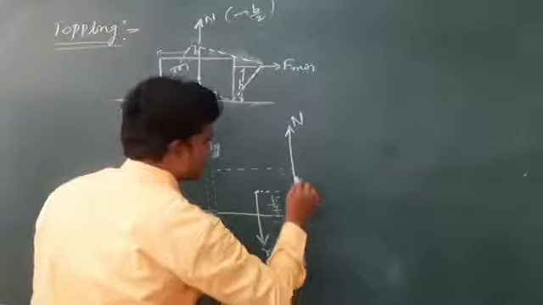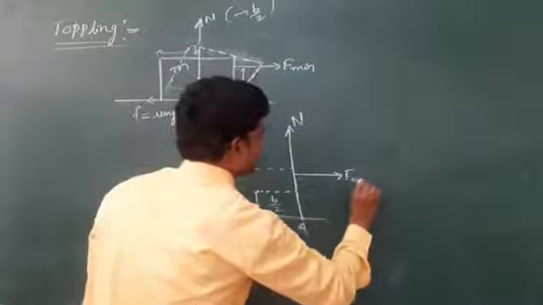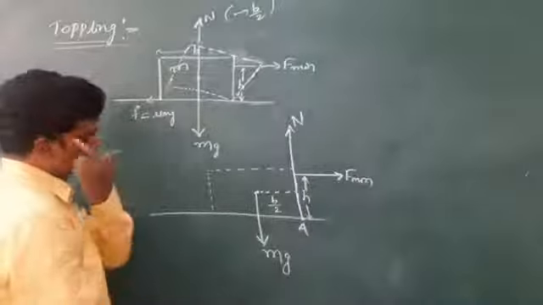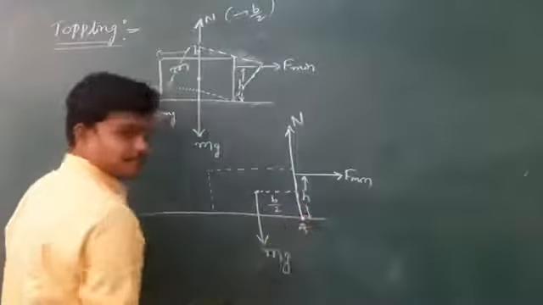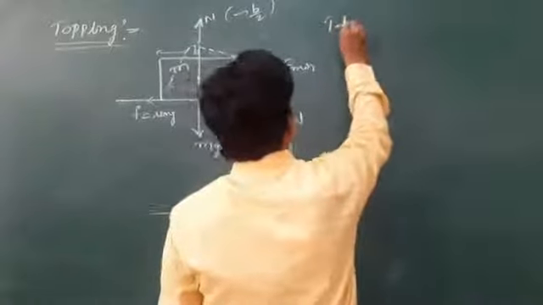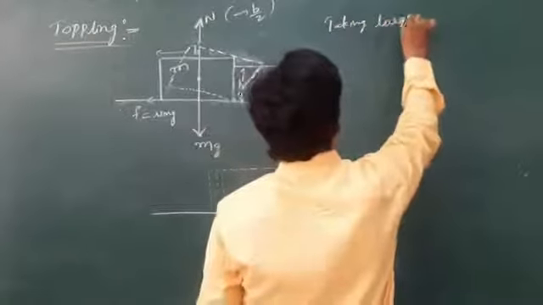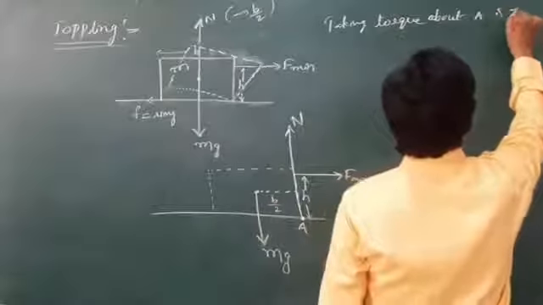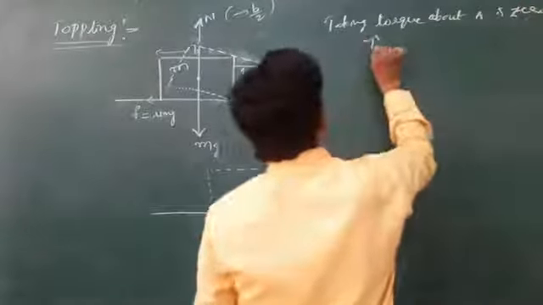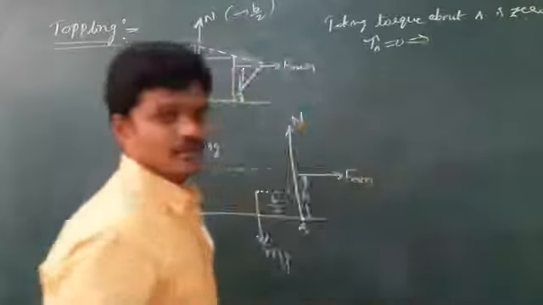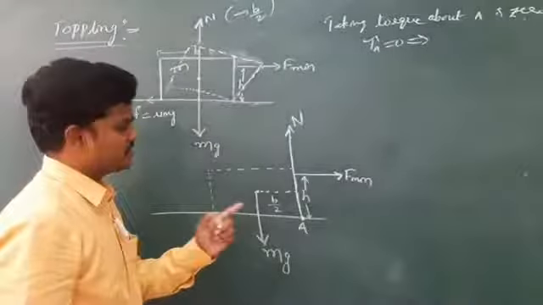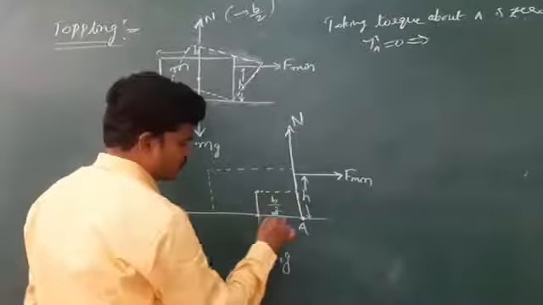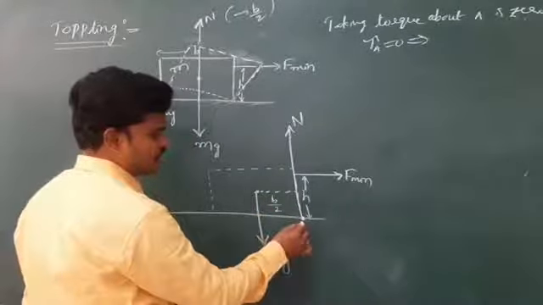Let us take this point A, and let me apply the minimum force here, which is at a height of H. Okay, so let us take the torque about this point A as 0. If I take the torque about A, then you know how to identify the torque. Force into perpendicular distance about this point. So if this is b by 2, this is also b by 2. So mg into b by 2.